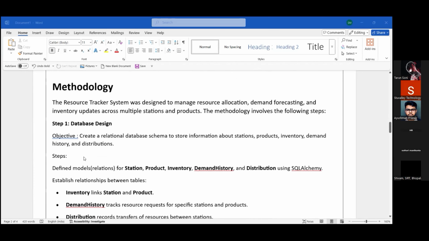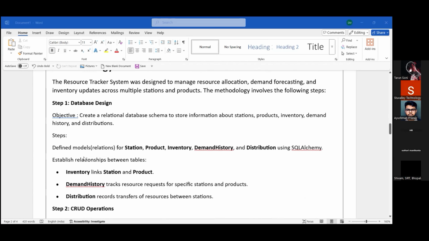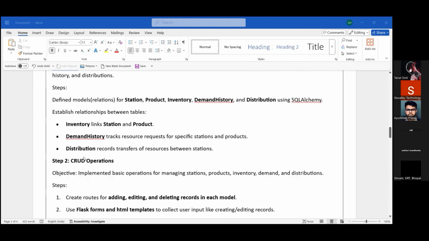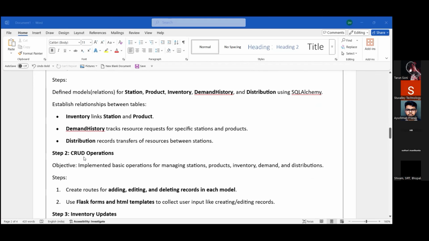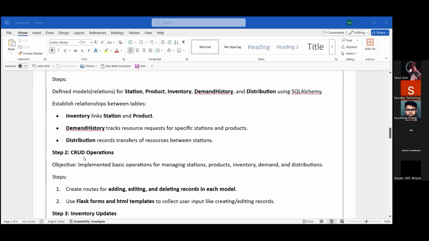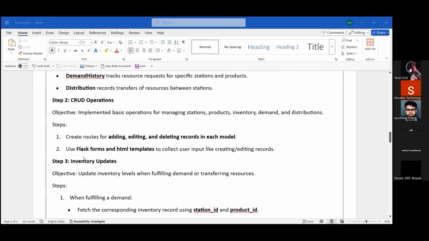So in the methodology, database design. To simulate real-time data access, I have created a relational database with different relations like station, product, inventory, demand history, and distribution. I have custom designed it with SQLAlchemy, and after creating the data set and the model tables, I applied CRUD operations